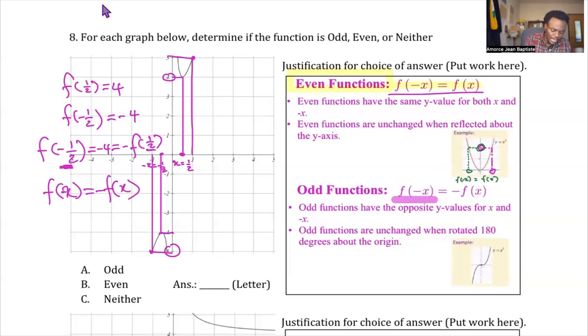That's a function that is odd. That's for a function that is odd. And if you checked for 1, it would give you the same thing, -1. It would give you the same thing. Now, you can see also how the shapes are, and they are on both sides of the